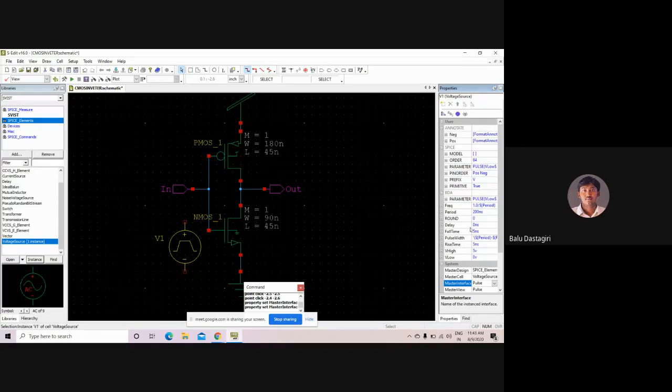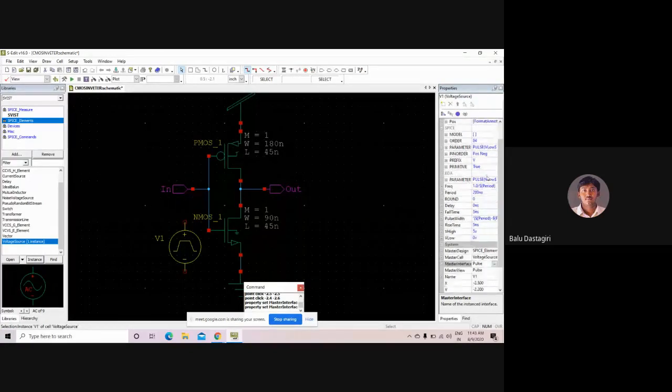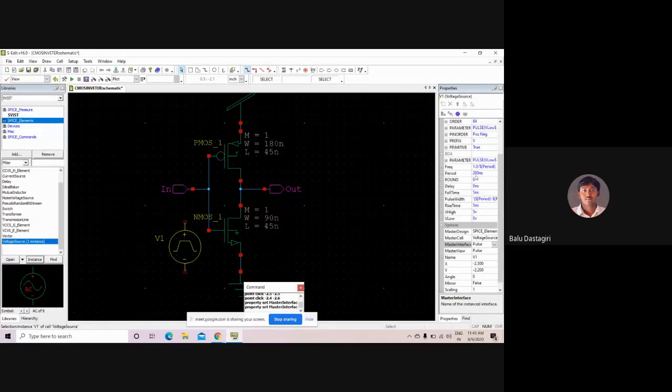Now you can see how the input has been changed to pulse here. The frequency is 1, the time period is 200 nanoseconds, the delay is 0 nanoseconds, the rise time is 5 nanoseconds, and the fall time is 5 nanoseconds.